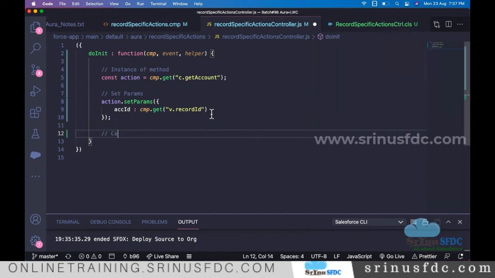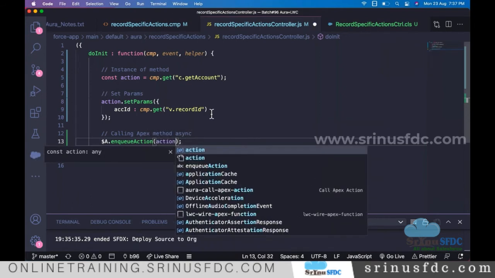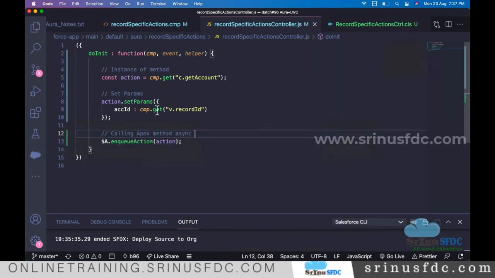Finally, calling the Apex method asynchronously. To call that, $A.enqueueAction, and action is the instance of the class method. So basically, first this will execute, this will execute, this will execute. Once the call is done and the response is ready, there is a callback, right?